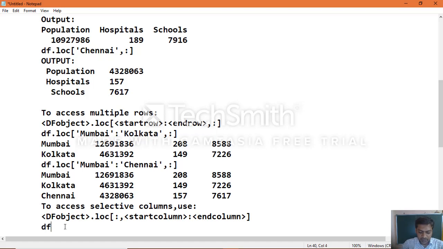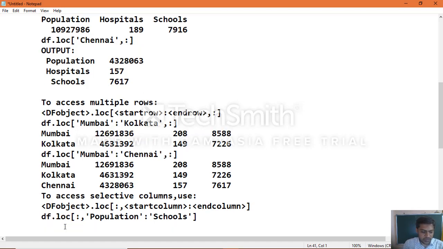Just take it as an example: df dot loc, colon, comma, start column, which you can specify here, that is population, colon, and end column, which you can specify as schools.